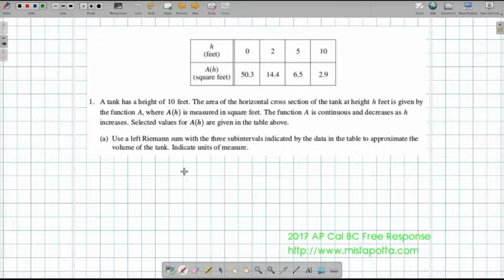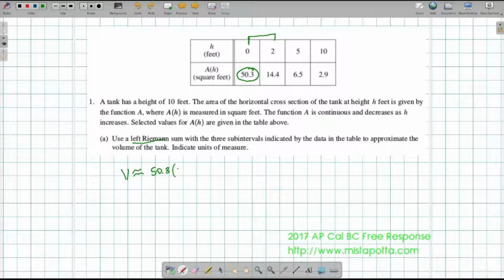So the first thing they want us to do is use a left Riemann sum with 3 subintervals indicated by the data in the table to approximate the volume of the tank, indicating units of measurement. So what's happening is my height for my first rectangle is going to be given by this 50.3, and the base of my rectangle goes from 0 to 2. So I can say that my volume is approximately equal to